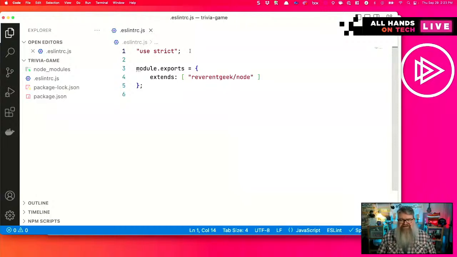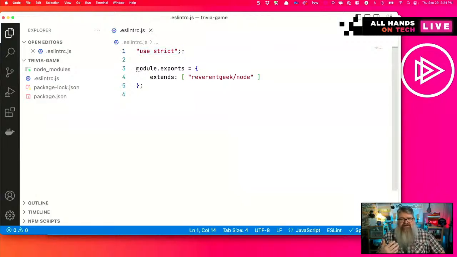You should always have it enabled. So part of my ESLint rules is that if I don't put use strict at the top of a file, it's going to complain and give me an error. So it's one of my rules. I always want to have use strict turned on.